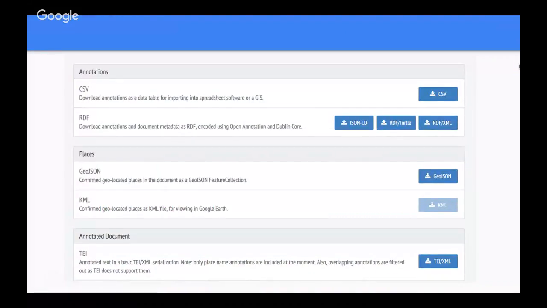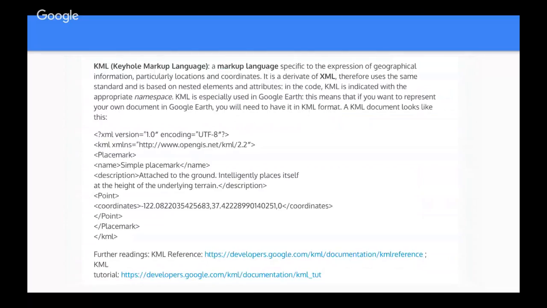The types of formats that we will refer to are basically the formats that Recogito allows you to have once you have done the geo-annotation process. You can see them here in the export area. You will have a CSV format, a JSON format or a GeoJSON format, which is a related one, and you are also going to have the KML format. And then, of course, you will always be able to download a TEI XML serialization. I'm assuming that everyone here knows what TEI is, so I will not explain that. But I will focus on the three options here that are more related to geospatial language.